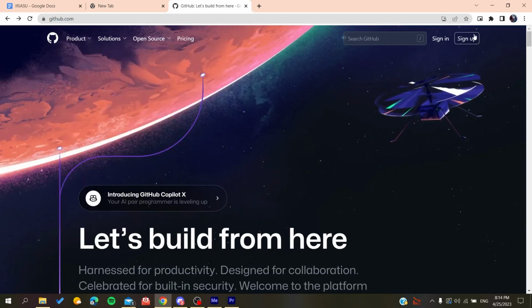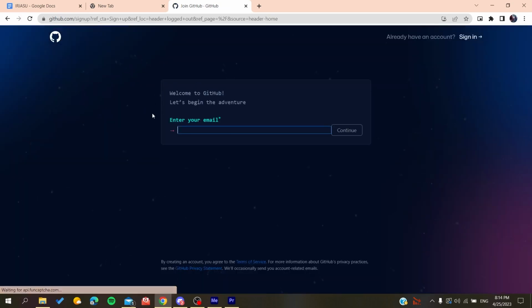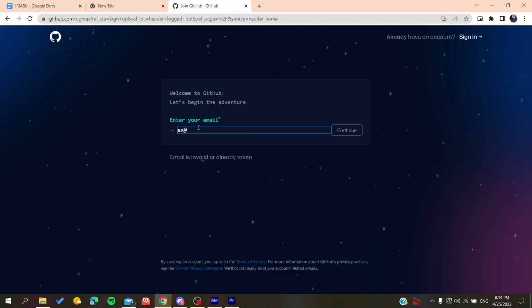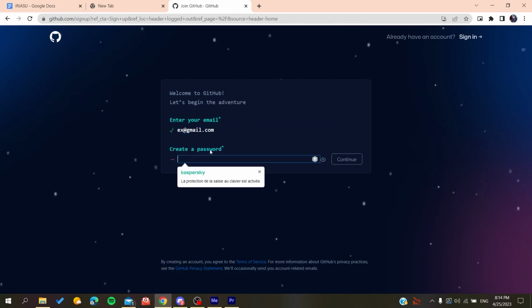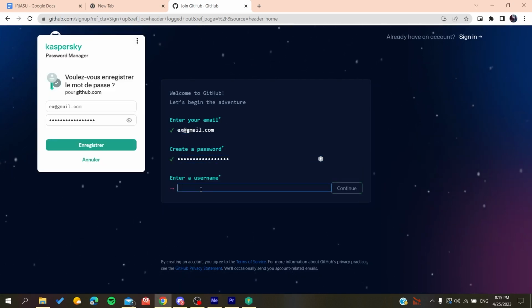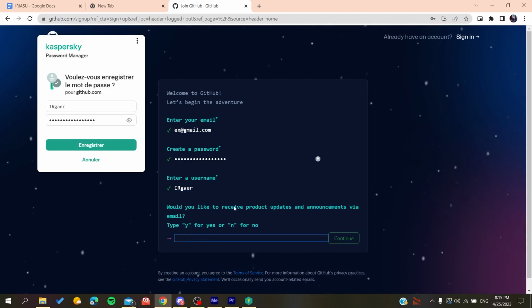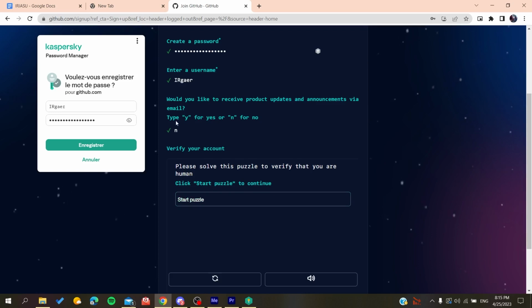So basically all we need to do is click on sign up and then it will redirect us to the sign up page. Now you will need to add your email, gmail.com or any other email that you are using. You click on continue, you create a password. If it was anything like that, you click on continue and then you will add a username, for example whatever the username was. Now you will need to type yes or no if you want to have the emails and announcements. So click on no if you don't want to, and then you will need to solve